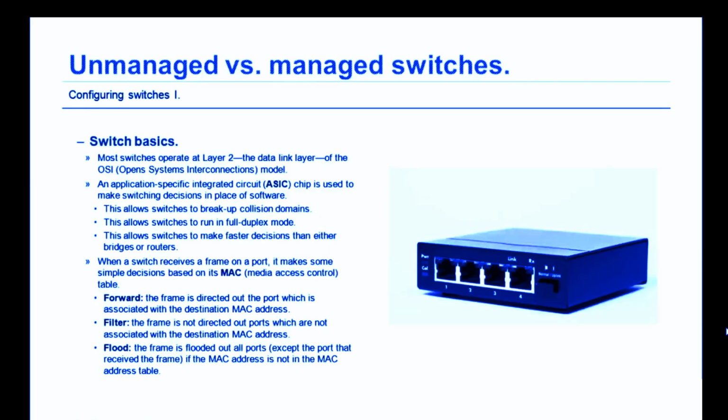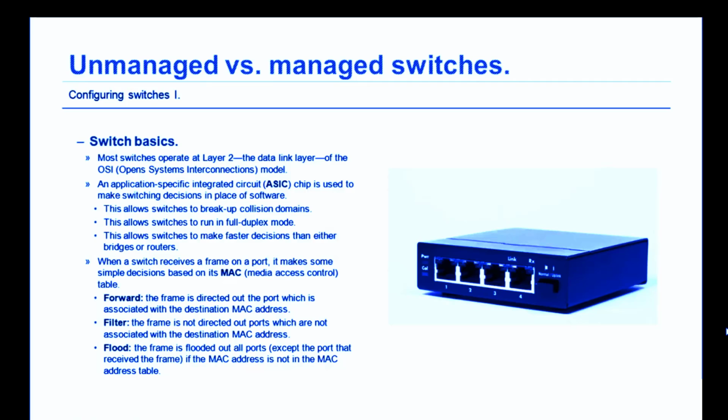Before we begin discussing the differences between unmanaged and managed switches, let's talk switch basics. Most switches operate at layer 2, the data link layer, of the OSI reference model. What makes a switch is an application-specific integrated circuit chip, or an ASIC chip. It is used to make switching decisions in place of software. This allows switches to break up collision domains. This allows switches to run in full duplex mode, and this allows switches to make faster decisions than either bridges